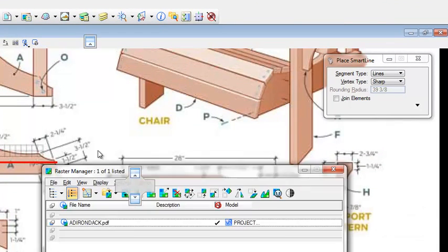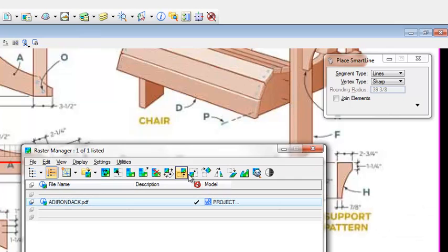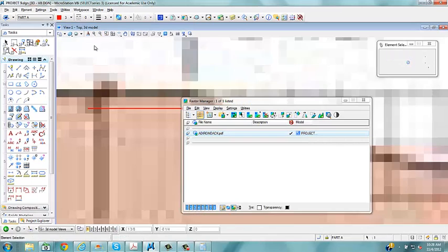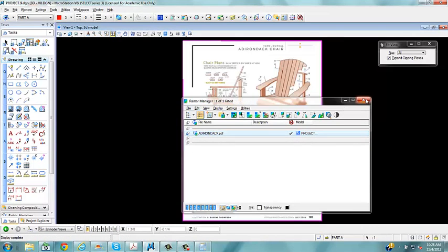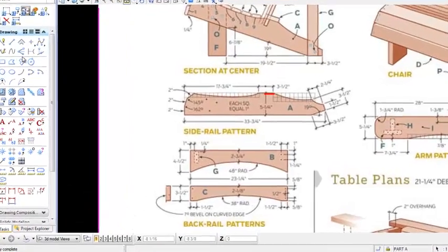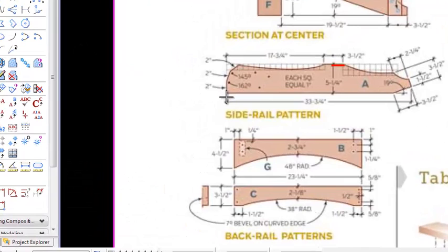Let's just try this. So if I go back to this raster image and I scale that by a factor of 14.625 and left click on the screen, we'll do a fit view. You can see there's the line I drew previously. Now if I zoom in on this and draw another line from this point to this point,